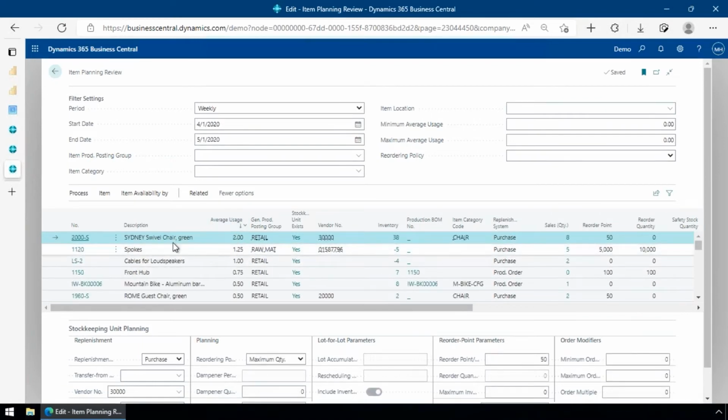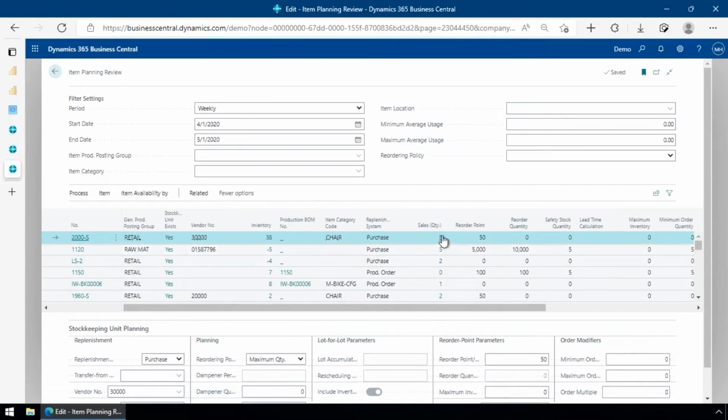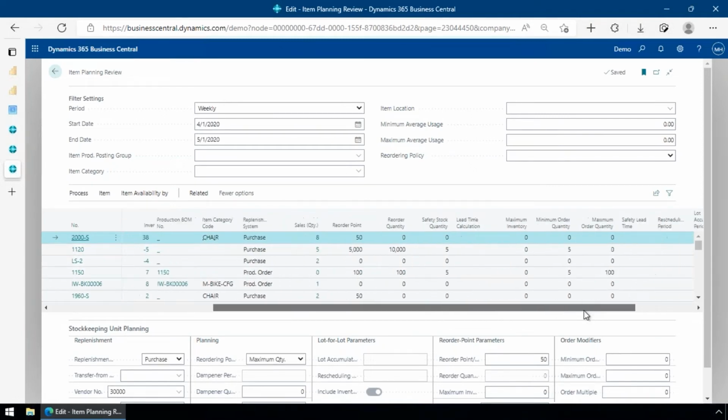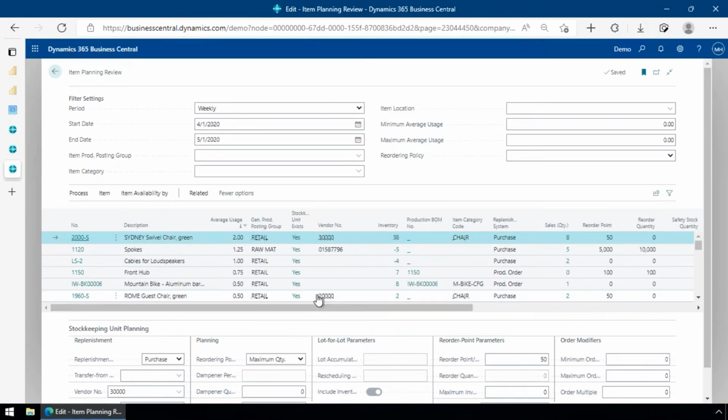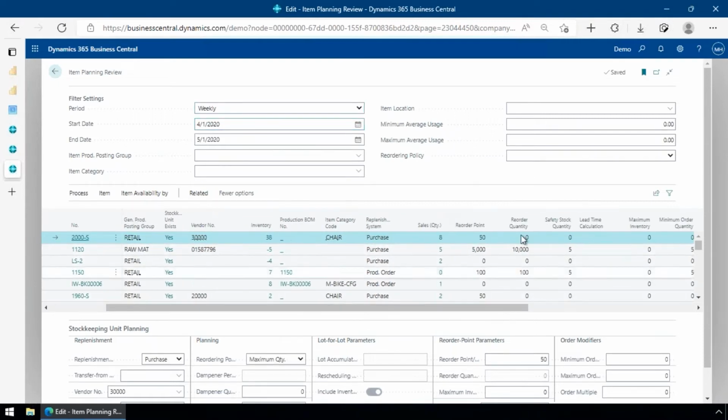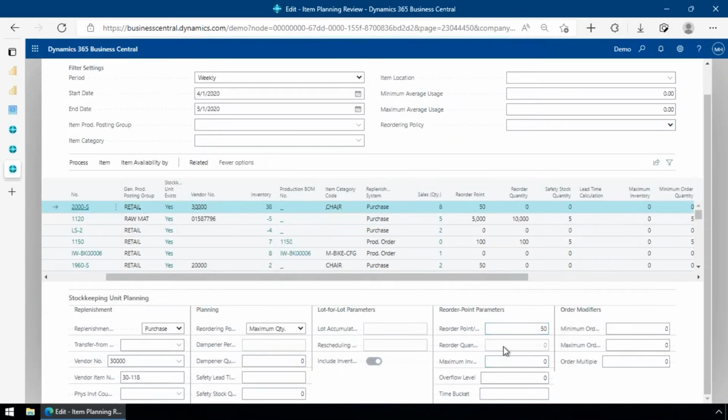But what this allows you to do is look at your usage and compare that to your sales quantity. Usage is not just sales, but you can compare that to the sales quantity and what your reorder points and everything else are in the system. So this gives you a way of coming in and deciding, what, we sell 2 a week, right? So this is my weekly average. We sell 2 a week, and these reorder points don't make any sense. So I'm just going to come down here and change my reorder points,